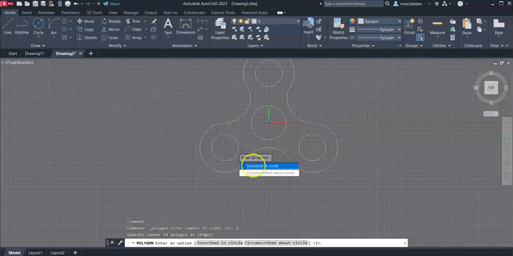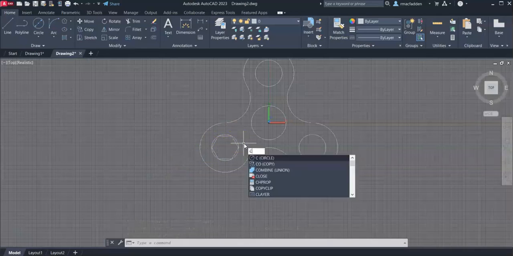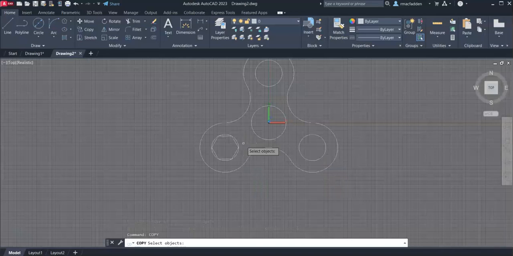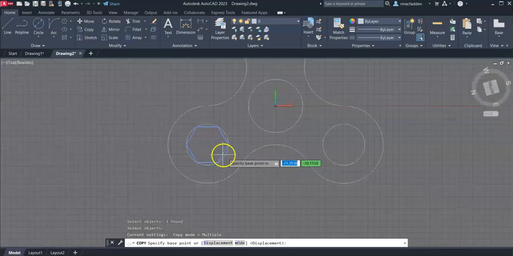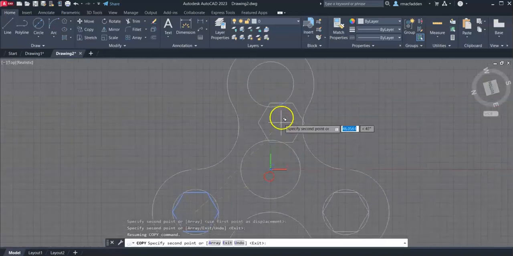off the center here. It gives me the option for inscribed in the circle. That is what I'm going for. And if I just click that to the outside, I can see a nice hexagon in the middle of that. Again, I can choose to copy or I can redraw these. It does not matter, but I'm just going to grab that and then from the center to the center, put these